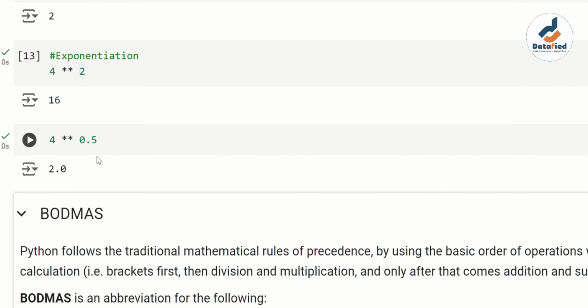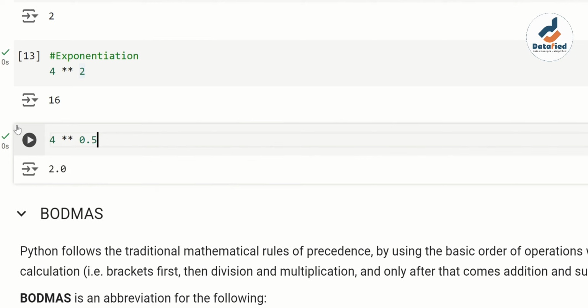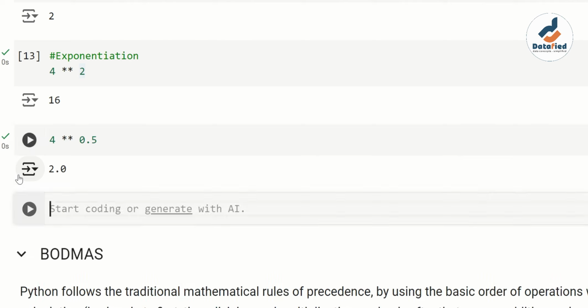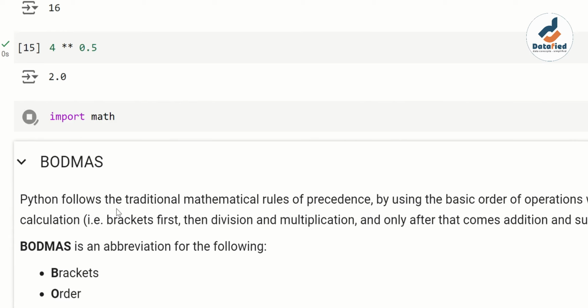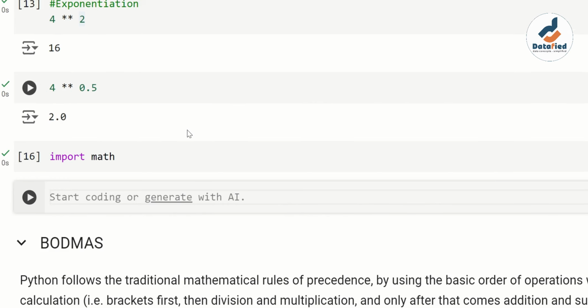But if you want to use a function to perform this square root, then you would have to use a package for that, and the package we use for that is called the math package. Even though I know I'm not talking about packages in this video, I'll go ahead and just import math and then use the math package to run the square root of 4. So you see that there are multiple ways of doing a lot of things in Python. I've imported the package called math, right? Next thing I would have to do is say math dot, I'll use a method, the square root method from math, to perform this. Math.sqrt,